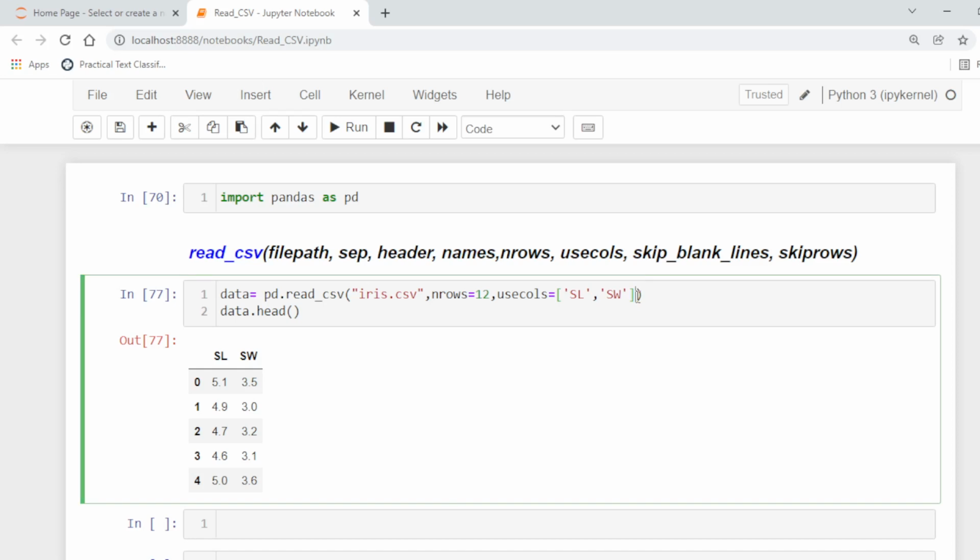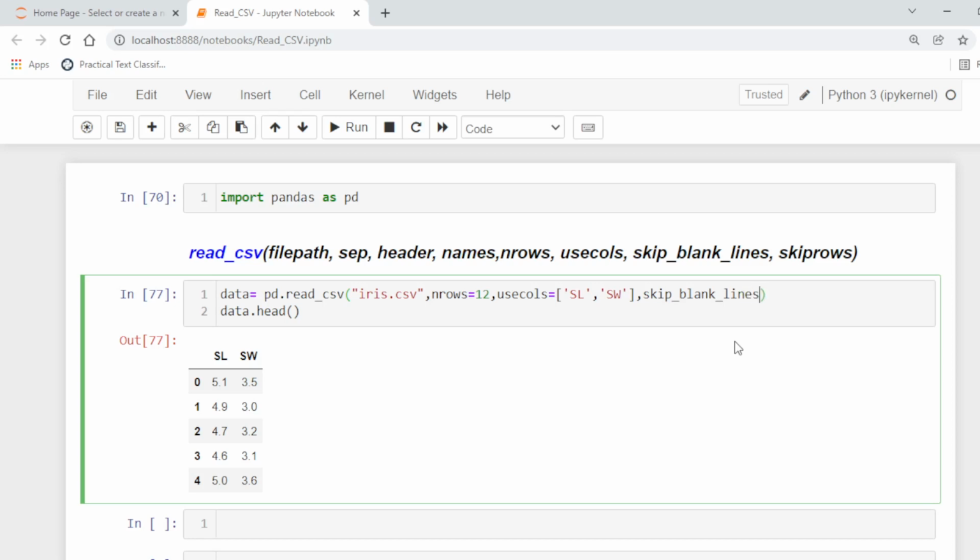The other is skip blank lines. Skip blank lines means to ignore the blank lines rather than interpret them as missing values.